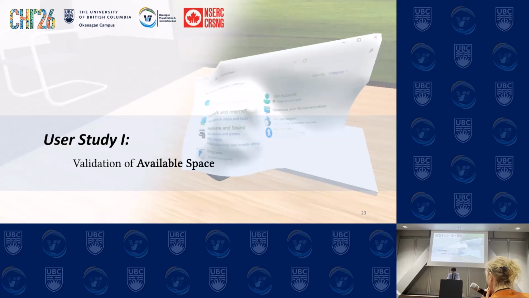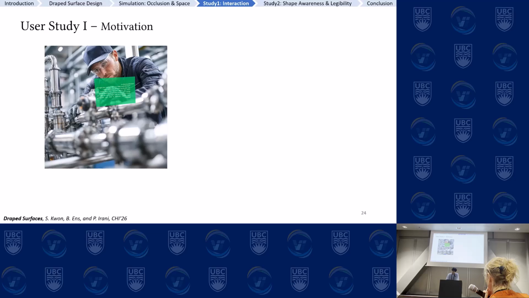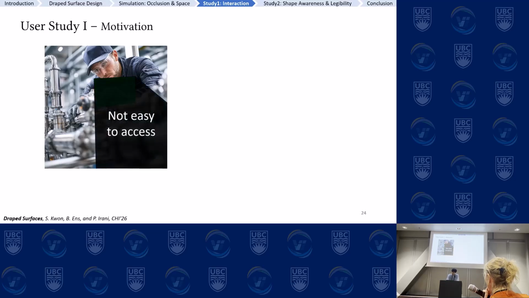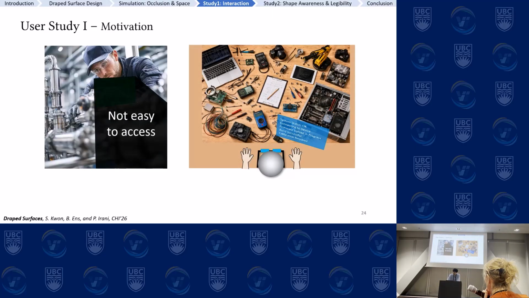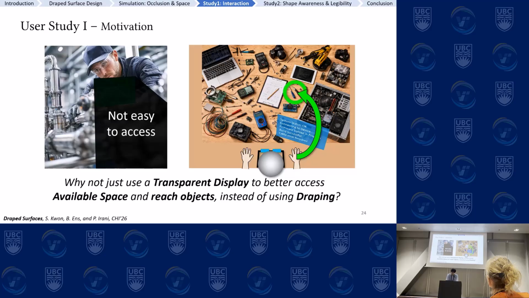Next, we designed user study 1 to evaluate how the available space can be used. When users perform tasks while looking at an interface, it becomes difficult to access area behind the interface. For example, let's say the user needs to grab a tool located behind the interface on the right. In that case, the user would have to detour to reach the object. Then one might ask, why not just use a transparent display to better access available space and reach objects instead